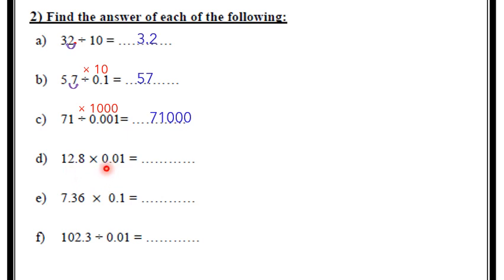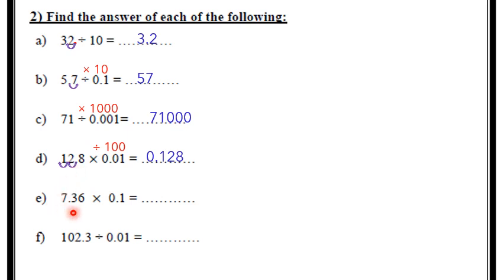This is a crazy decimal, so this makes the opposite as divided by 100. And any decimal number divided by 100, I'm moving the decimal point to the left 2 places. 1, 2. So the answer will be 0.128. The next,